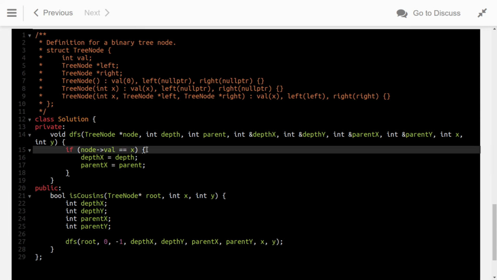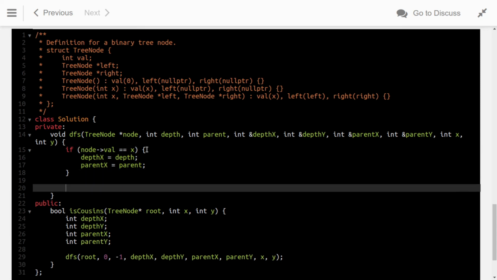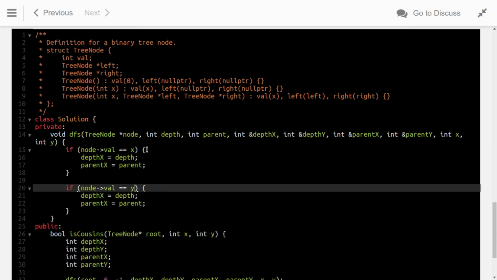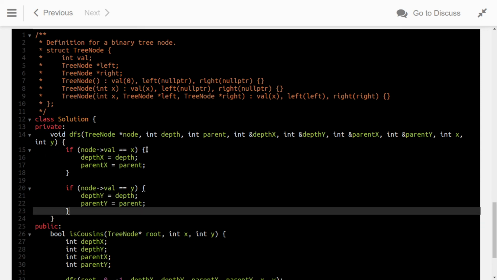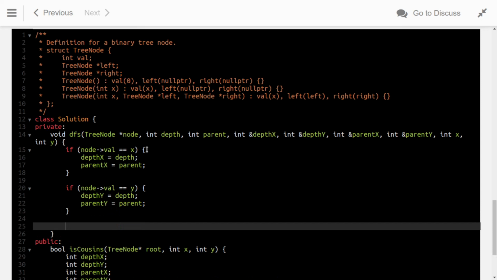And the same thing we'll do for y. If the node's value equals to y, then we know that depths of y equals to depths, and parent of y equals to parent. Okay, so, and we'll see if node left not equals to null pointer,